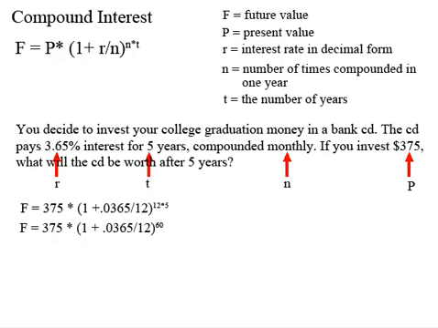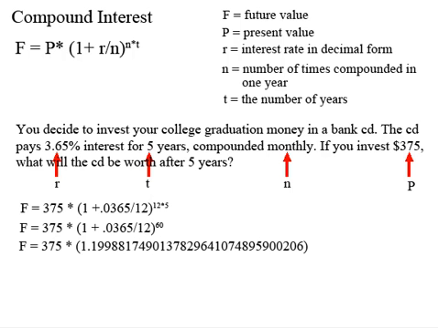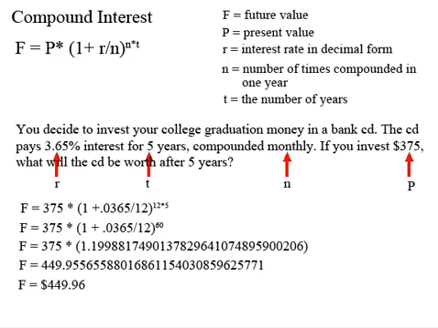Next, we'll be dividing and adding the 1. So we'll be calculating this whole inside. You want to make sure to do the division first and then add the 1 onto it. If we do that, we end up with this number. This is also to the power of 60, so this calculation is already raised to the power of 60. We're going to multiply that number by the 375 and we'll get this long $449, the long stream of decimals after it. And because it is money, again, we're going to round it to just 2 decimal places. And we end up with